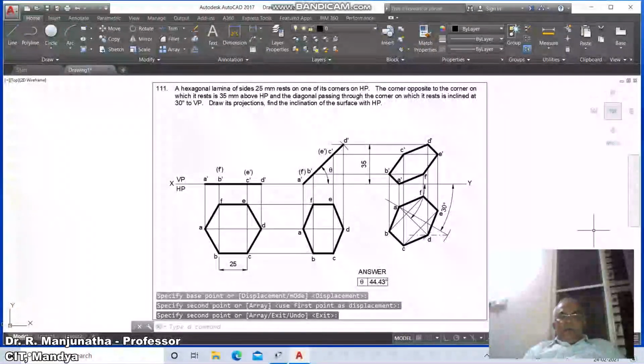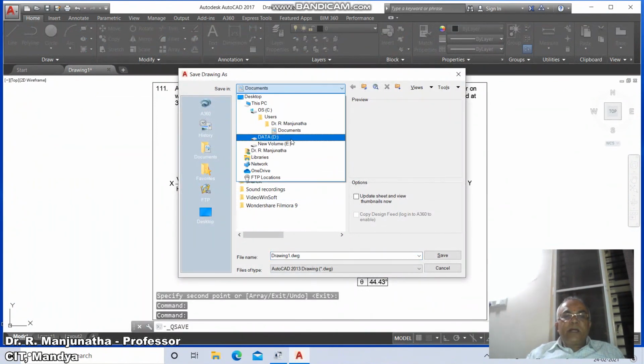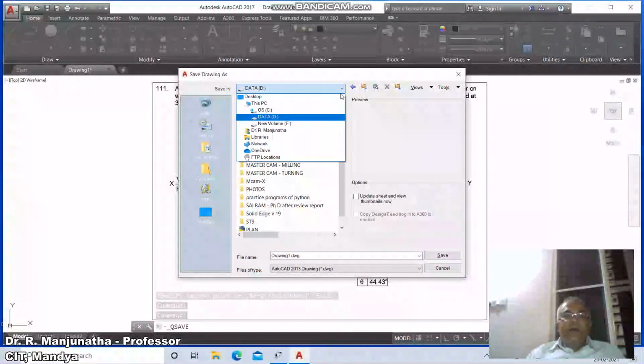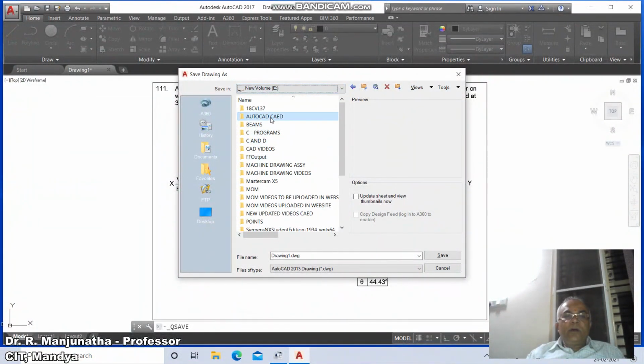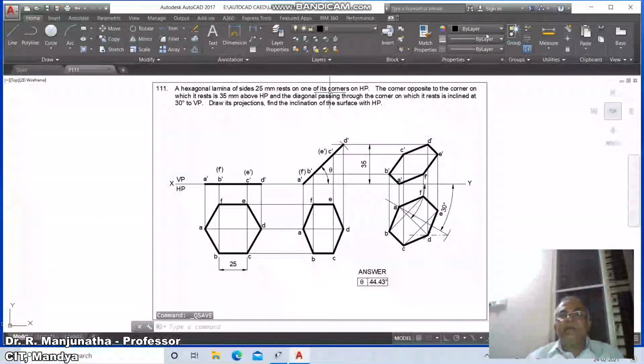So this is how you will be able to complete the drawing, and then go to save and go to appropriate drive or appropriate directory and go to AutoCAD, go to Laminar drawing and you type P111 and save it, and finally